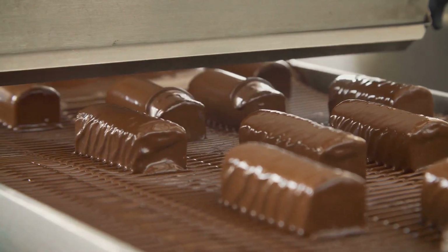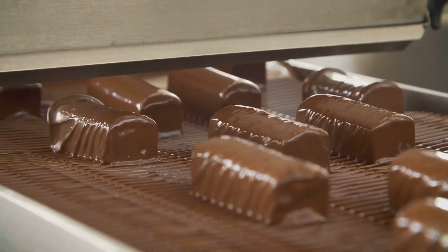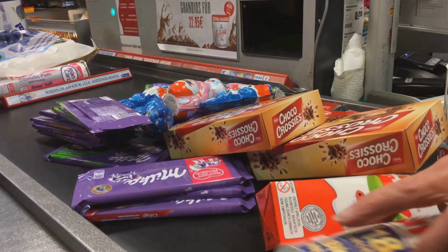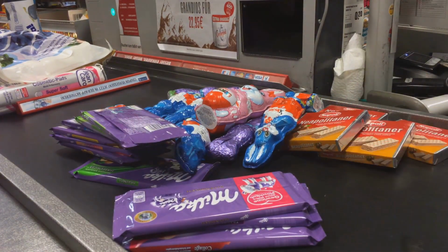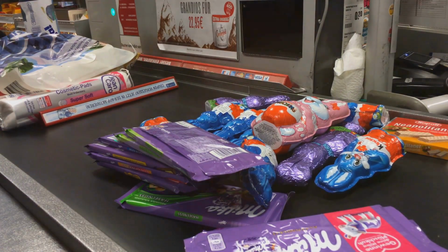The logistics involved in this process are impressive, with temperature-controlled containers ensuring the chocolate arrives in perfect condition, no matter the distance. The next time you see a chocolate bar or a box of chocolates, remember the incredible journey it took to get there. From the meticulous packaging to the careful shipping, every step is designed to bring you the